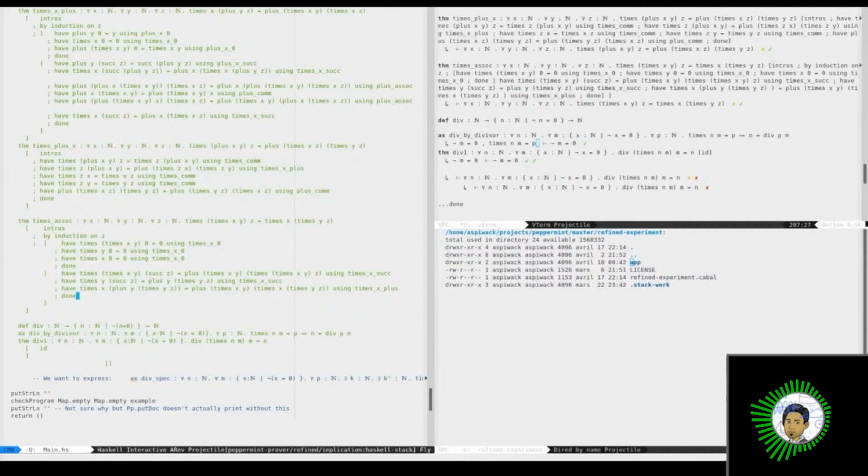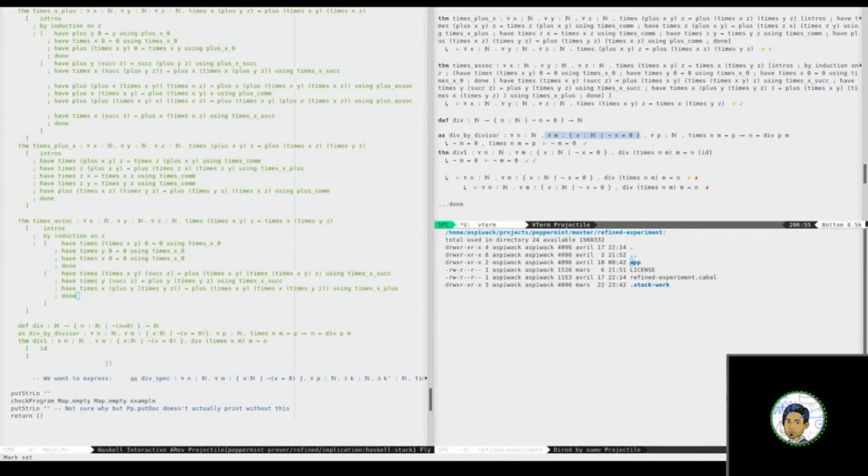And one of the reasons for that is that I want to be able to, we generate properties for something like this. So if I introduce an M such that not M is 0, I kind of want